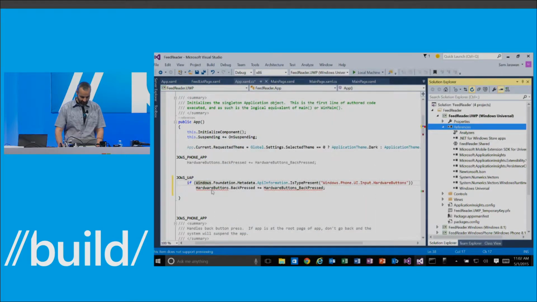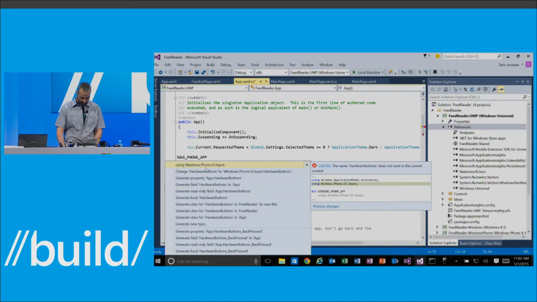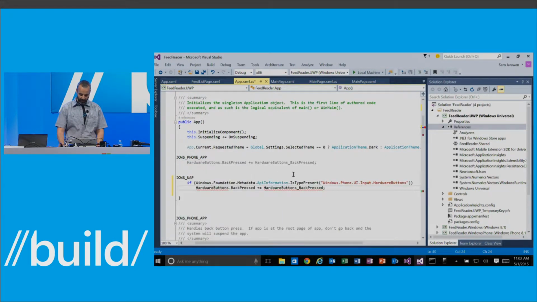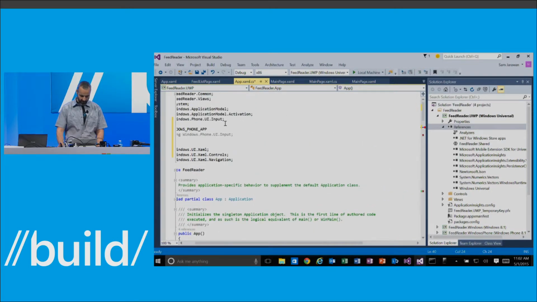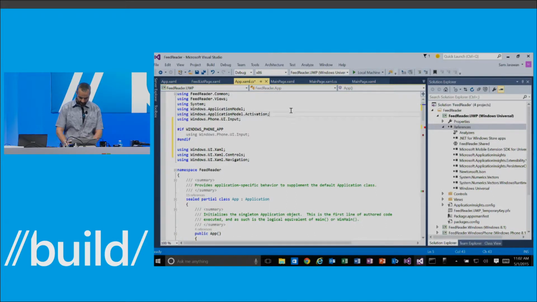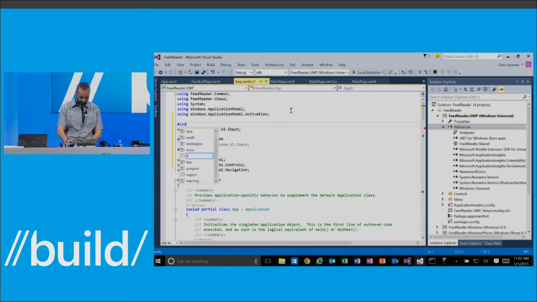And then the last thing I need to do, if I hover over here, or hit Control dot, this will add the using statement for me at the top. Now, because I only want this to be used within my UWP app, what I'll want to do is wrap that in an if up here. So if